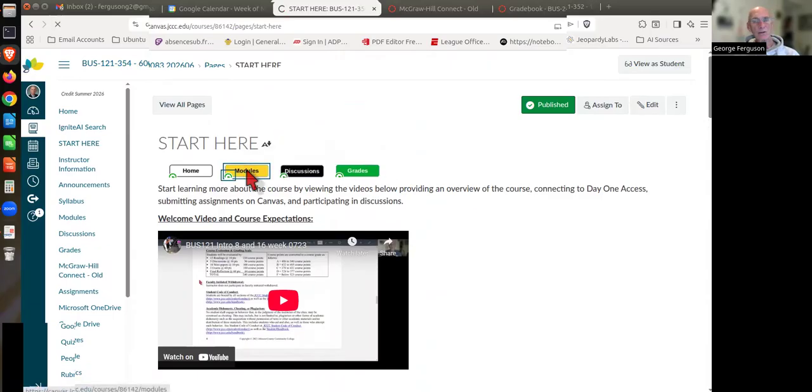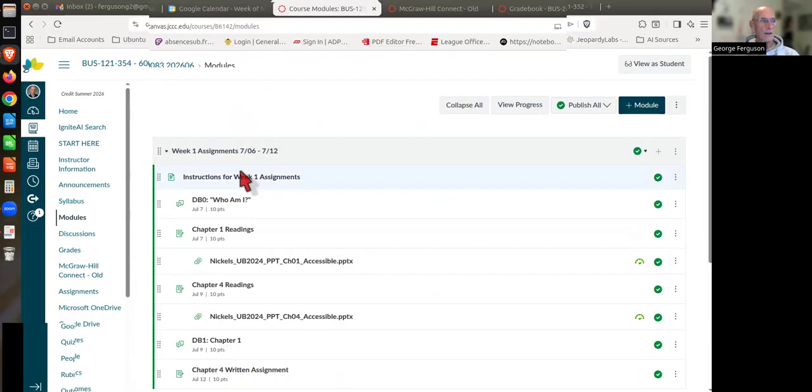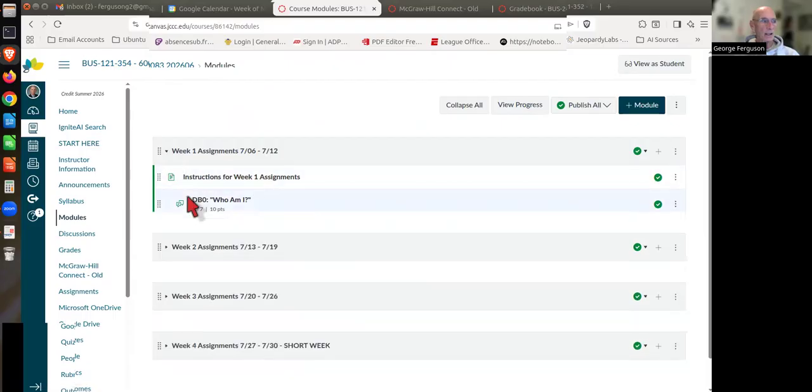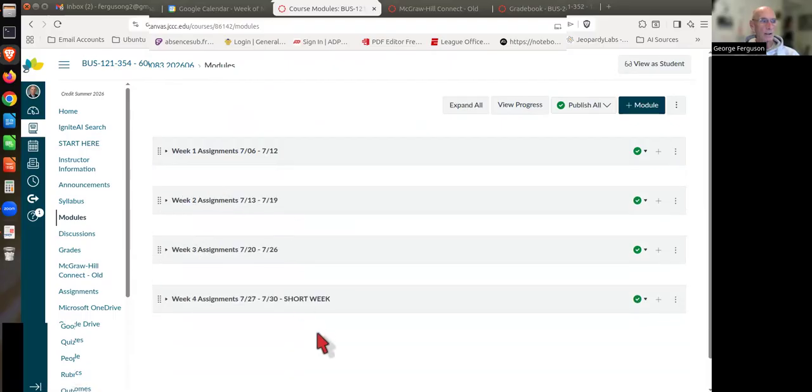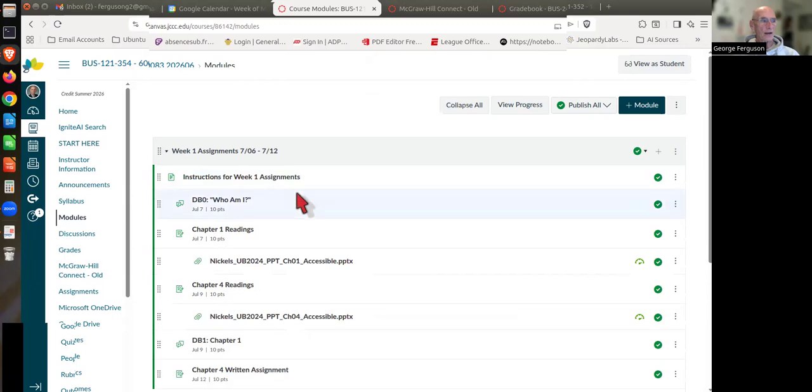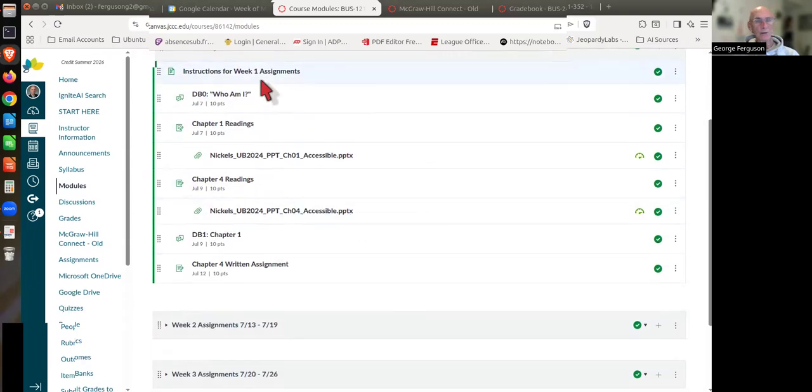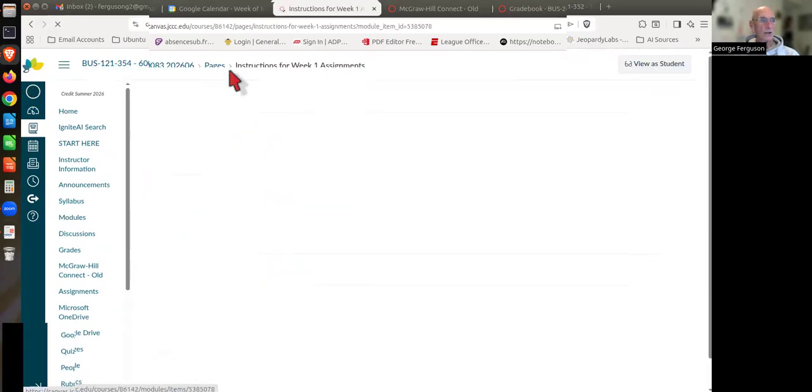The module section is very important. In the modules, you'll see that we have a module for each week. And within the module, everything that you need for that week is right there. Now, one of the most important things is to look at the instructions page. In the instructions,